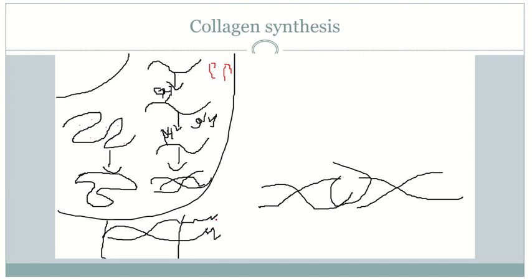In the extracellular space, the N terminal and the C terminal get cleaved off, and then it becomes tropocollagen from procollagen. The reason you cleave the N and C terminals is because there'll be a little bit of kinking at the end, and this makes it difficult to connect. If you have smooth connections, it'll be easier for collagen to link together. So formation of cross links between collagen is stabilized through an enzyme called lysyl oxidase, and this